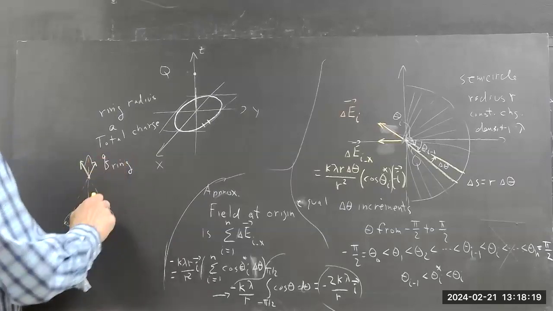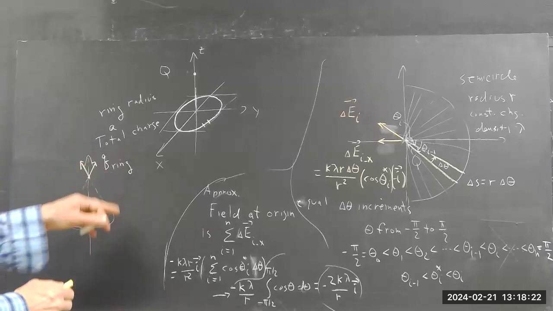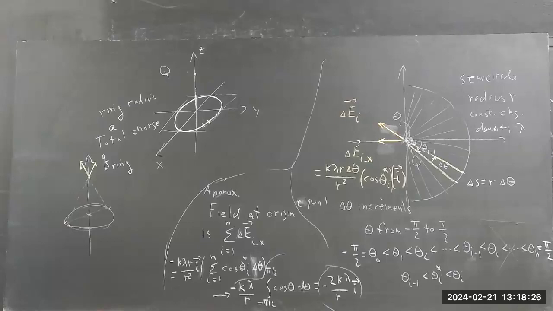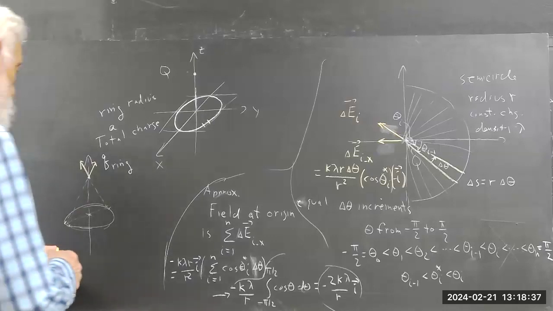And if the charge density, if the total charge Q is positive, then you're going to have two vectors like this. Okay, so this vector here is kind of coming out of the board at you, and this is kind of going into the board. It doesn't really look like that. But the net here